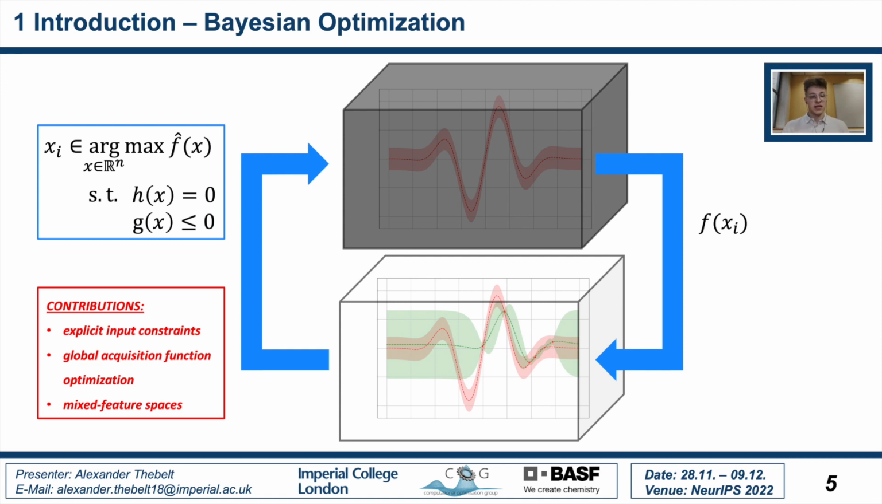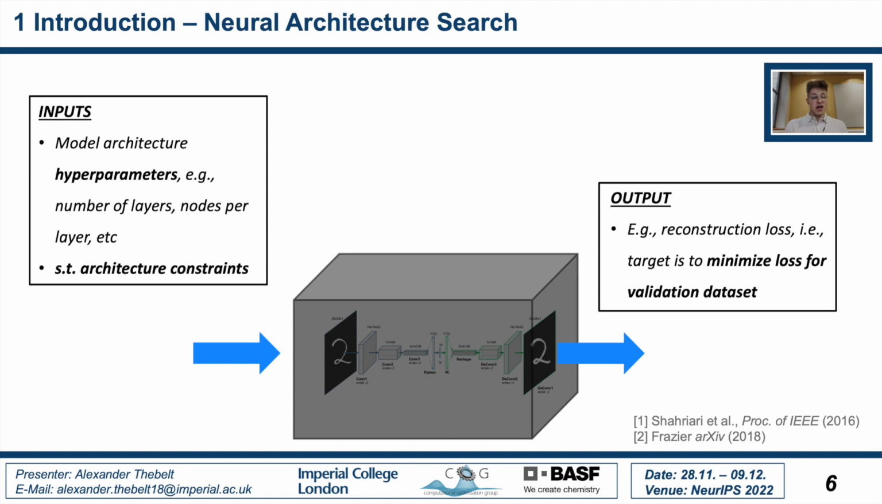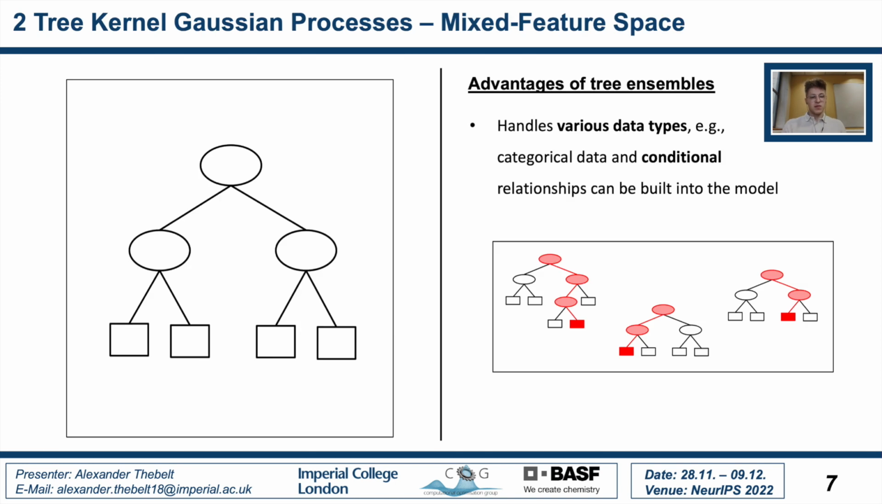And to give an example where this is relevant, in neural architecture search, we may want to tune hyperparameters of a variational autoencoder with the goal to minimize some sort of loss of a validation dataset. And as you can imagine, this problem is subject to certain architecture constraints. And to tackle this challenge, we deploy the kernel interpretation of tree ensembles, which I'll explain in the next few slides. So besides many other advantages, tree ensembles have the advantage that they can naturally handle various data types and